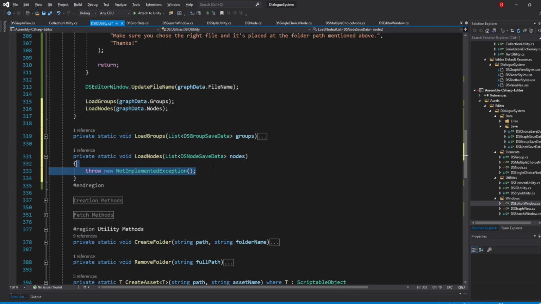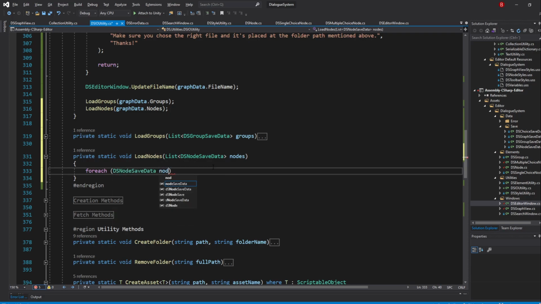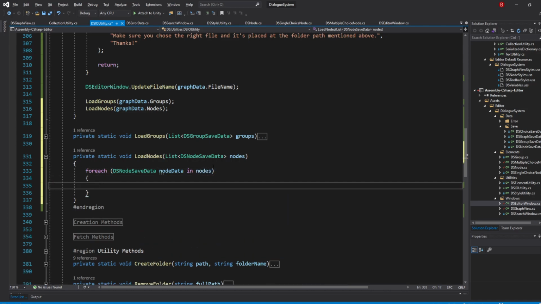Start by iterating through the nodes data by typing in foreach DSNodeSaveData nodeData in nodes. We'll then create our DSNode variable, which I'll name node, and assign GraphView.CreateNode to it. As arguments, pass in nodeData.dialogueType and